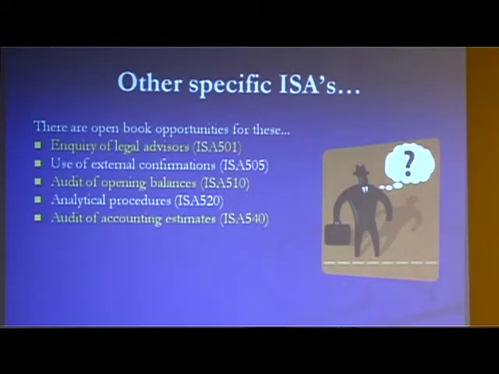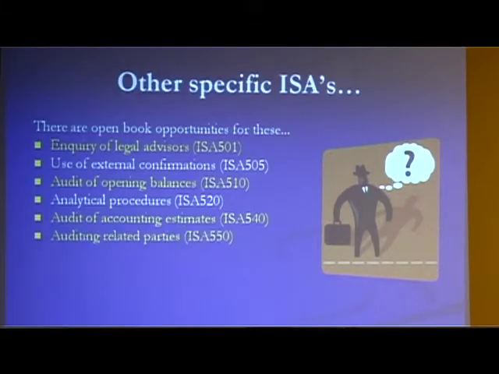The audit of accounting estimates, a very important one, ISA 540. There used to be two. There was 540 and 545. Looking at accounting estimates and then valuation adjustments. They've now combined them together in the clarity statements. But there's some nice open book opportunities there in terms of how to audit essentially any valuation adjustment. So anything, whether it's inventory provisions, accounts receivable provisions, legal claims that you're creating, provisions for restoration, any of those kind of entries, anything where there's an estimate.